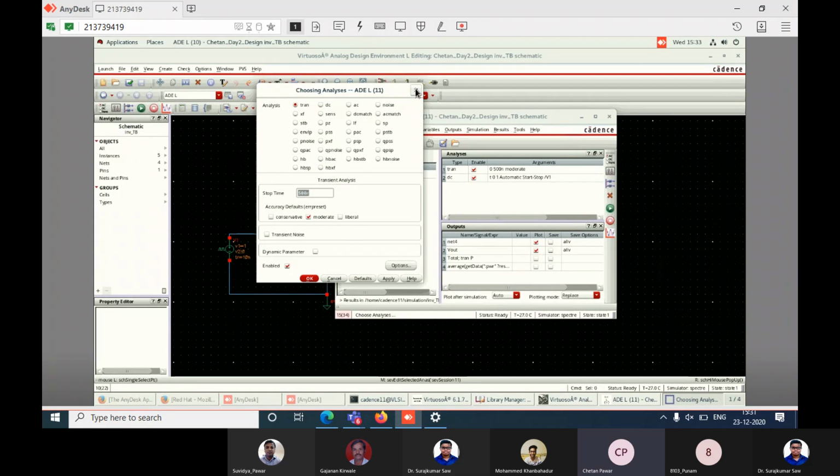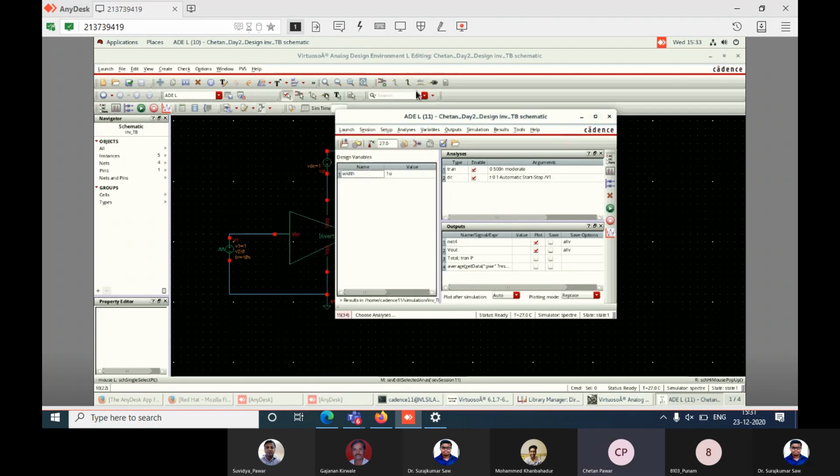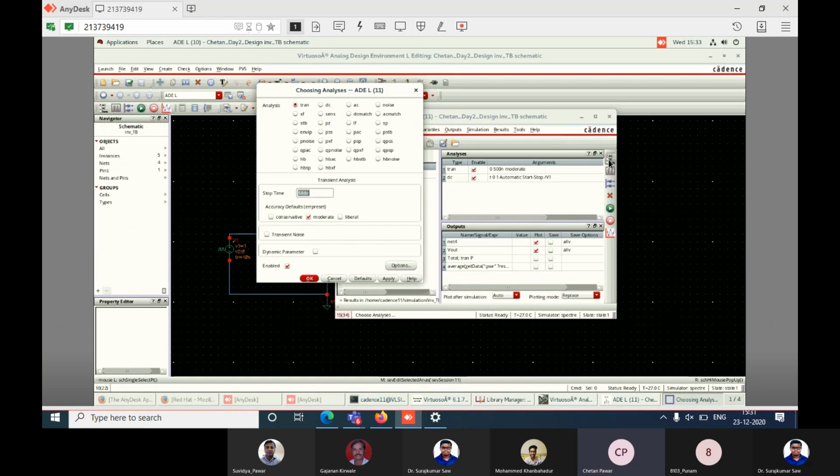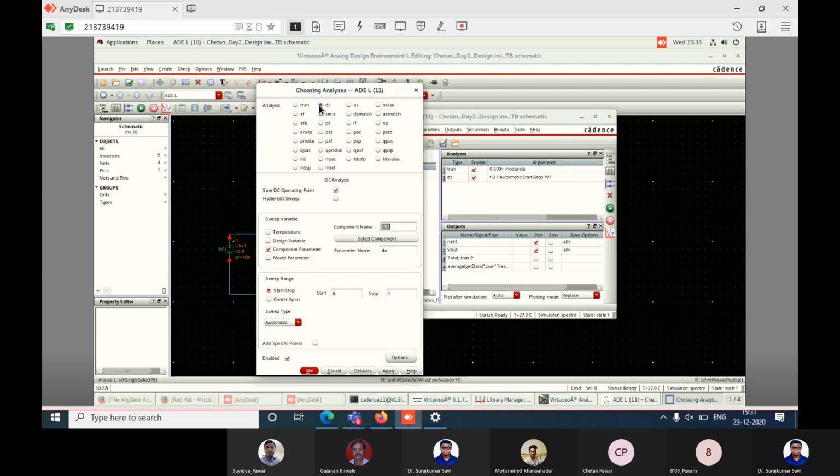Poonam, not like that. Here, I will show you again. You just see here, this rightmost side icon is there. Choose analysis, this window will get open. Now you select the DC. Good. Save DC operating point.